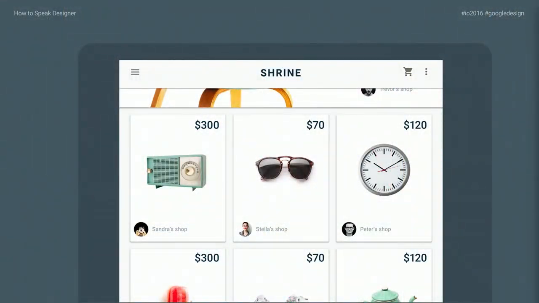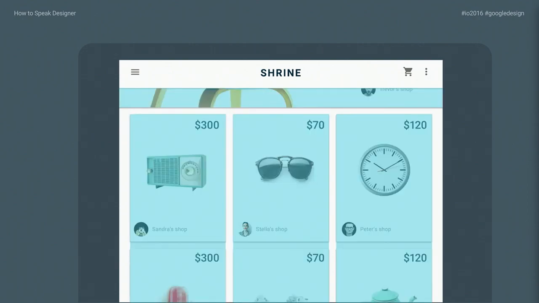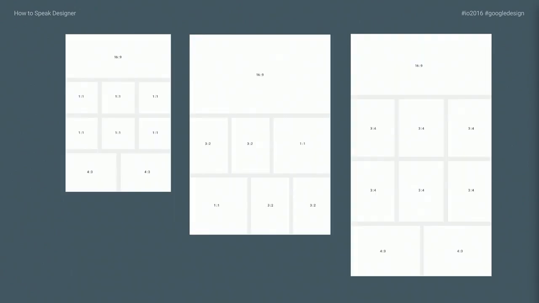And in Shrine's case, the layout is clean, it's orderly, and it keeps with the sort of polished look of this brand. The grid is not just implied in this case, it's emphasized with cards. And again, this really helps Shrine feel locked up, put together, kind of buttoned up, clean. It retains that clean look at every resolution, from phone to tablet, regardless of the number of items. So if you have a really well-designed grid, you can actually do this.